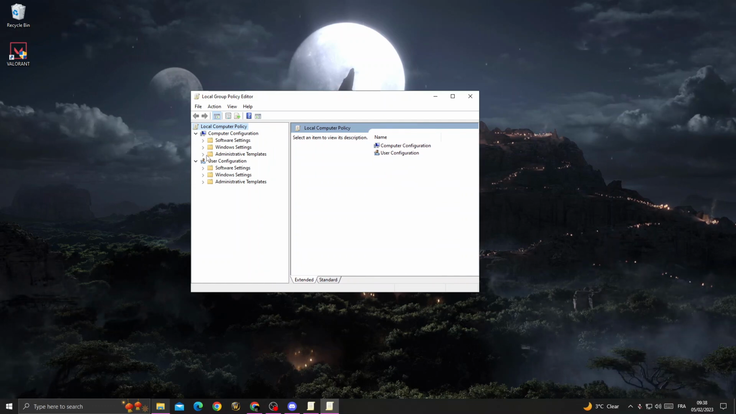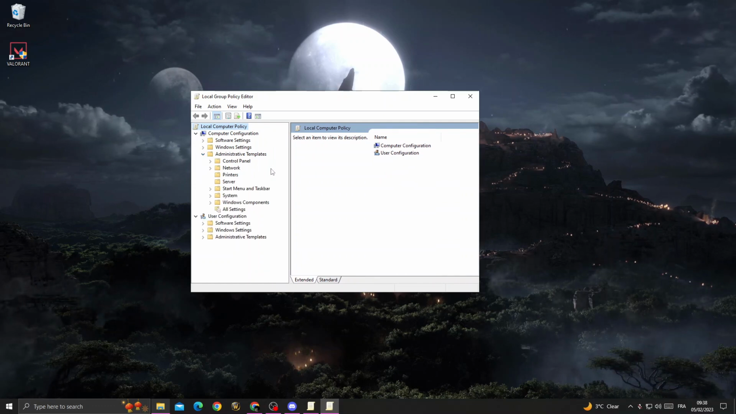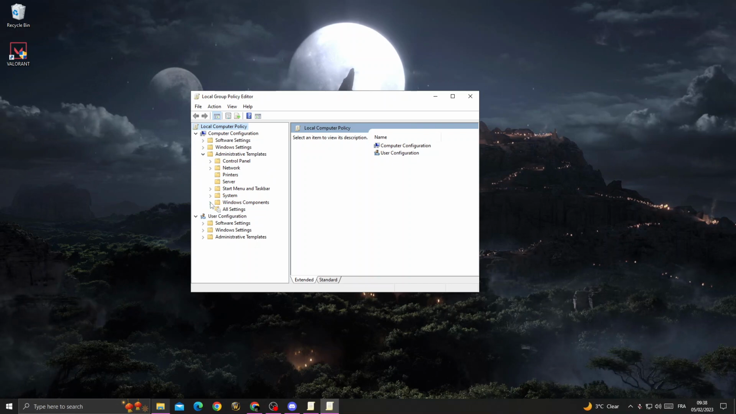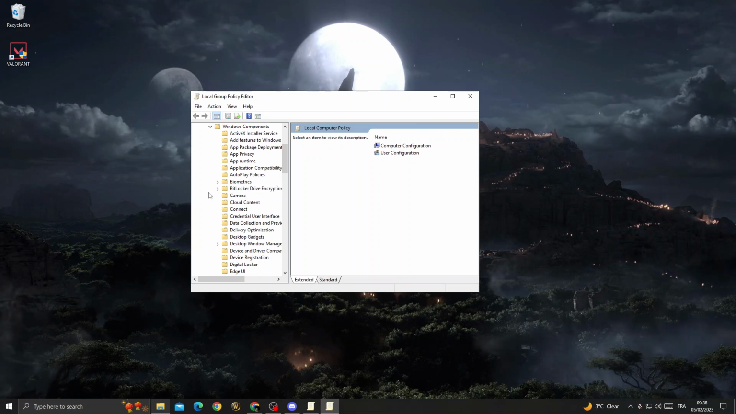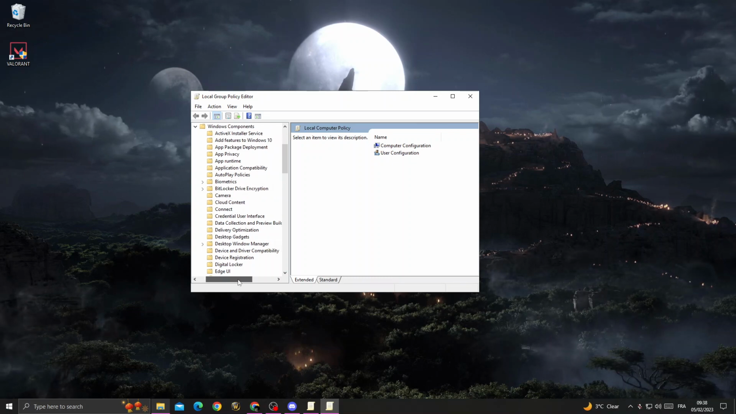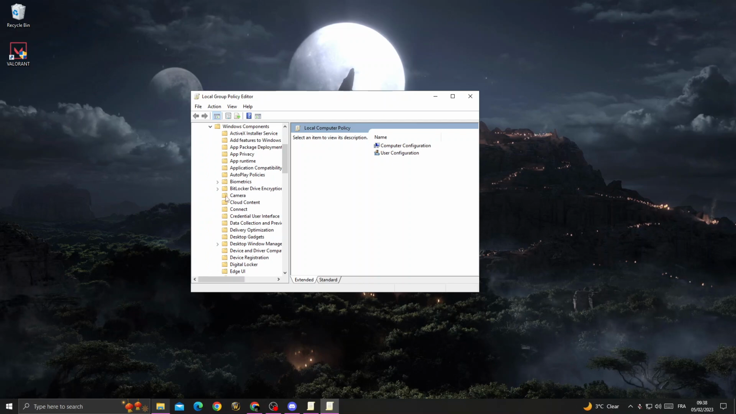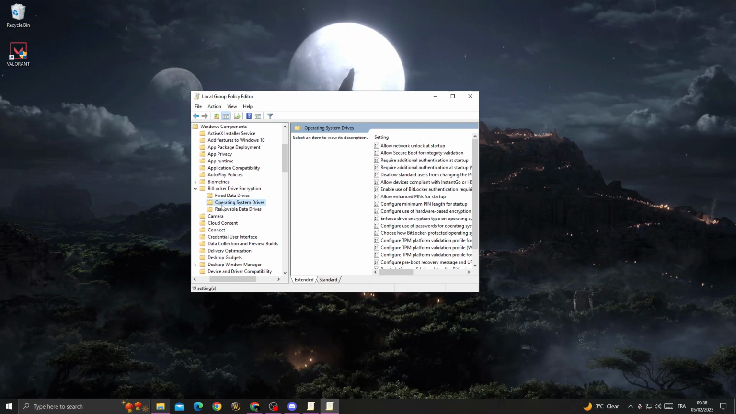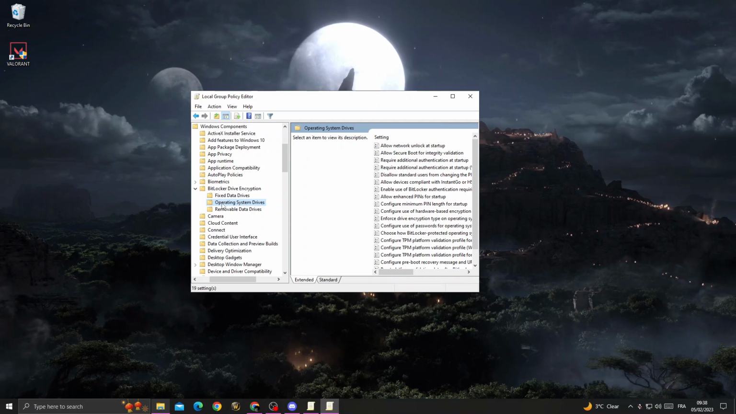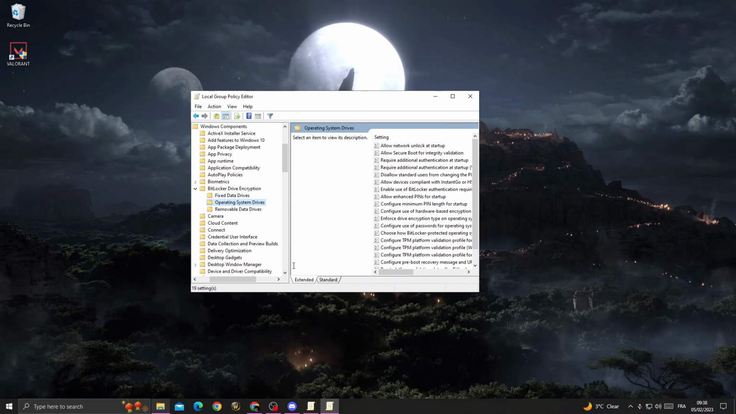and now select the third one here, and then click Windows Components, and now here we'll find BitLocker Drive Encryption. Click on it, and here's the second one, Operating System Drives. Click on it, and here